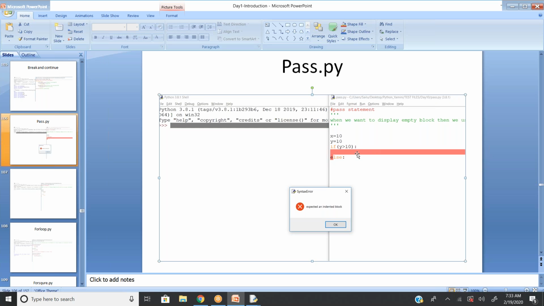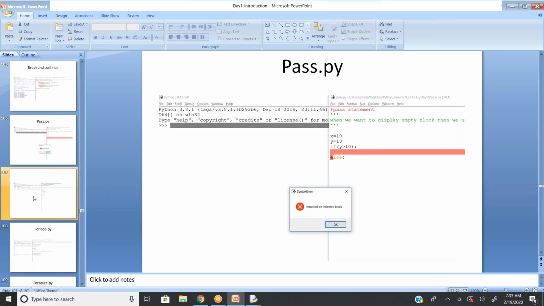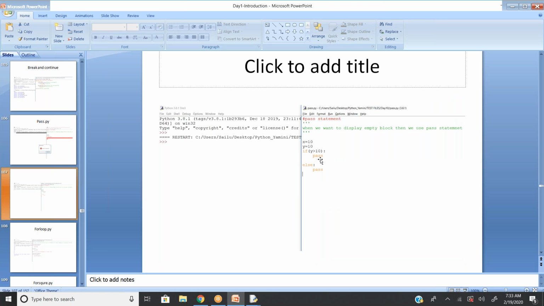As per Python's functionality, you have to enter something, but nothing is there. It's just an empty field, so the system is going to say expected an indented block. To avoid that, I just type pass. When I use pass, we are saying that it is an empty block, so the system is not going to give any error. Pass is nothing but an empty field, empty area.